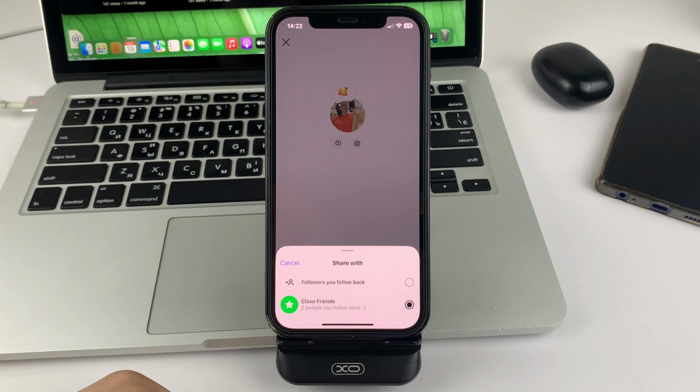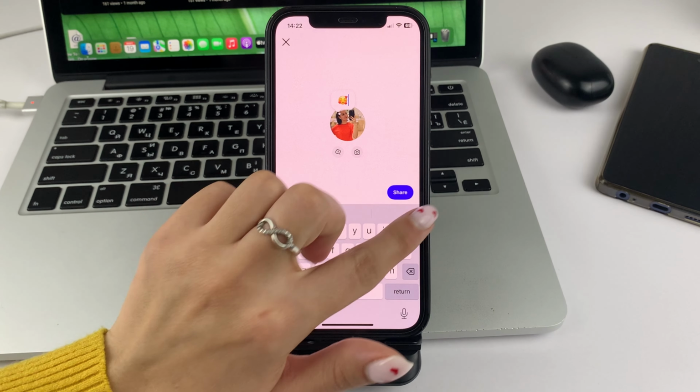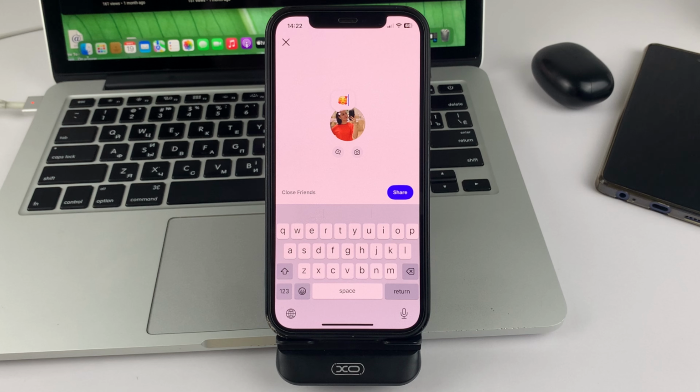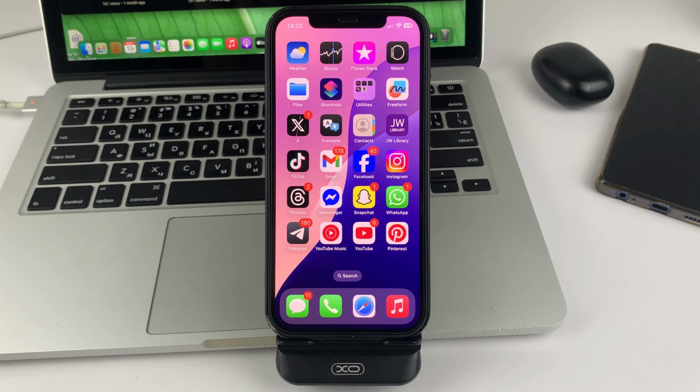After that, friends, just click on the empty field and then click on Share. This way, your post will only be available to a limited number of people, and you will hide it from all your friends. This is the way, dear friends, you can hide notes in Instagram app.